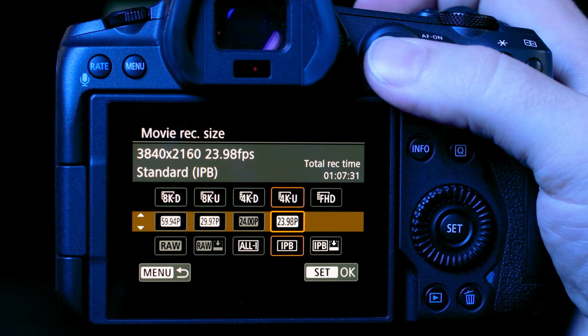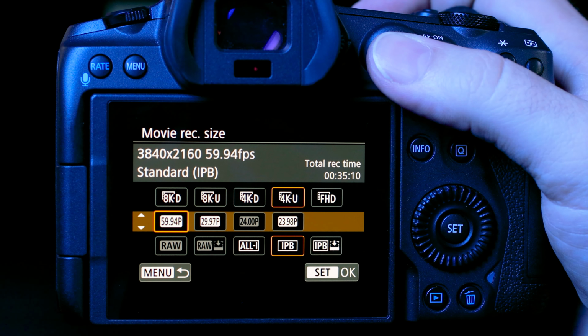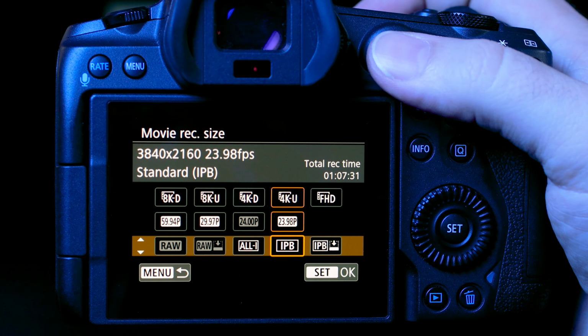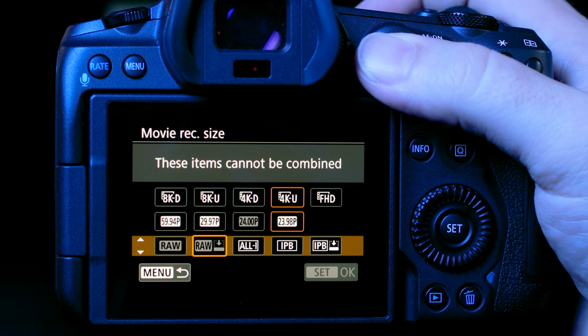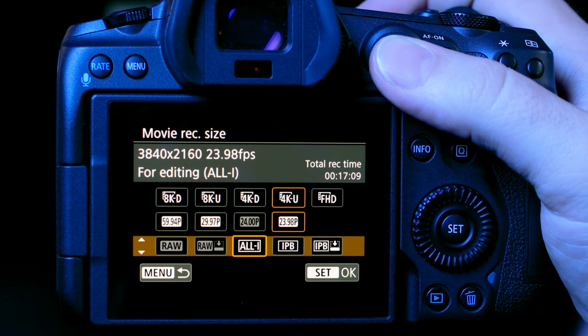And then down here we have our frame rates. We have 24, 30, and 60 frames per second. So depending on what frame rate you want, you just select it there. And then you go down again, and here you have your compression. Now the RAW and the RAW Lite are only available in 8K. In 4K, you get All I,